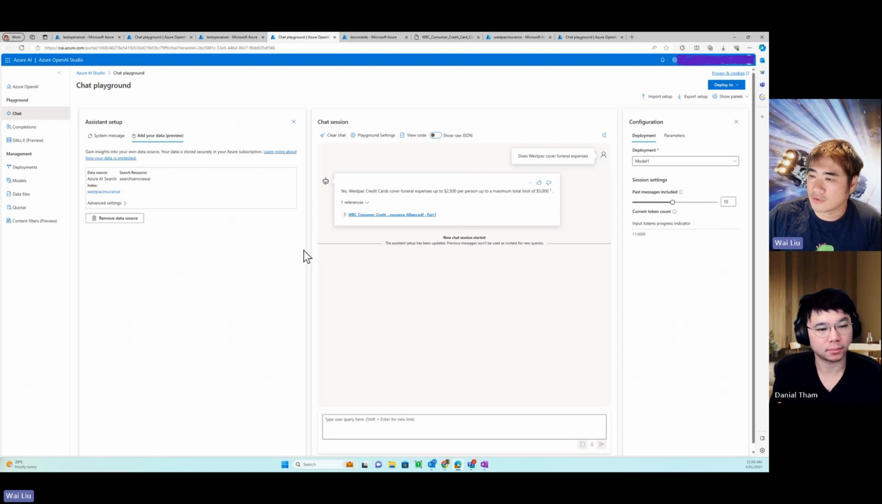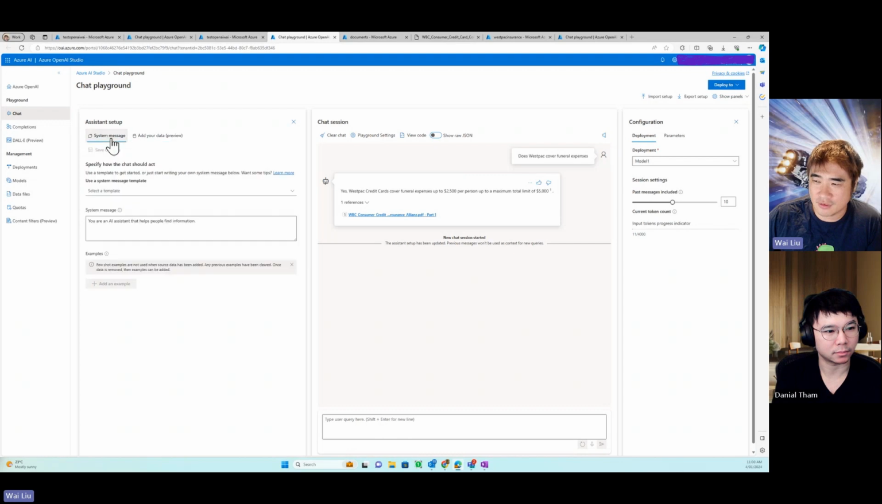There was one quirk about this though, which is that you can't have a system message and a data source. I noticed. It's just a playground. You can definitely do it if you didn't use the playground at all. OpenAI would support it, but